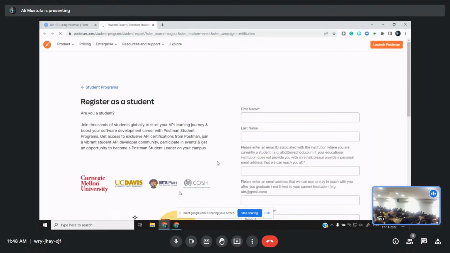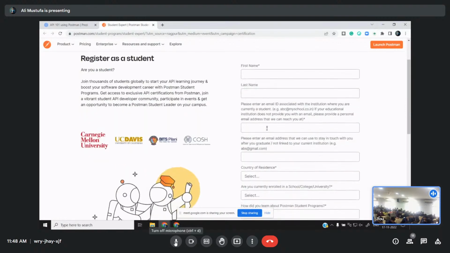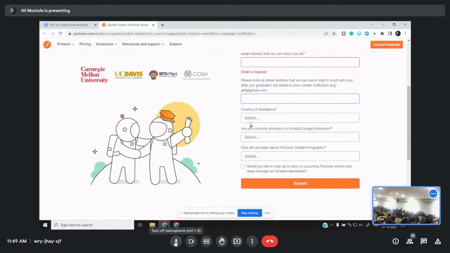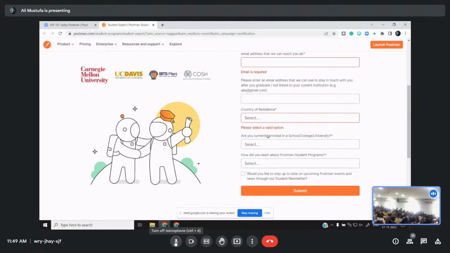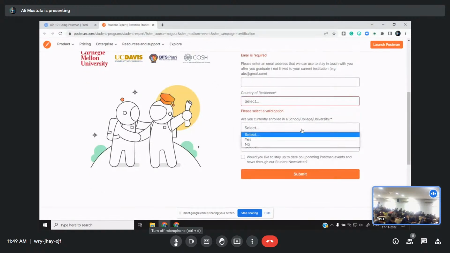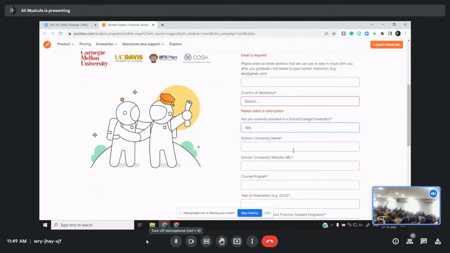It will open a page like this, right? Awesome. So what's going to happen? You can see the first name, last name. Then you can enter your college email ID. Then you can enter your personal email ID. Country of residence, India, and then followed by your university name. If you are enrolled, obviously you are enrolled in the university.